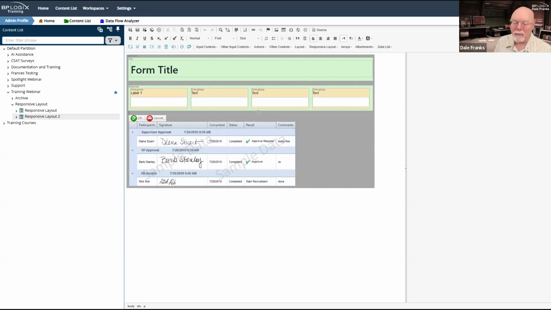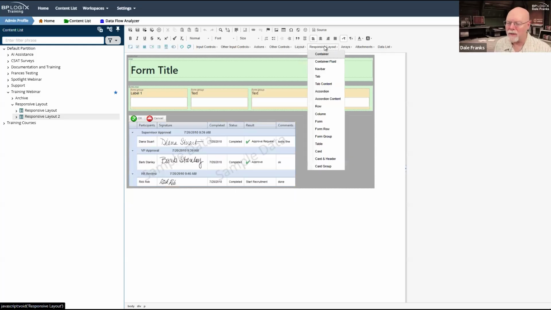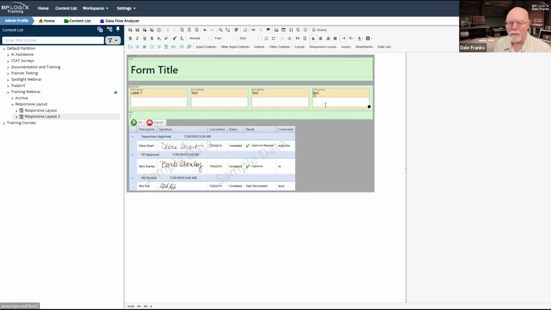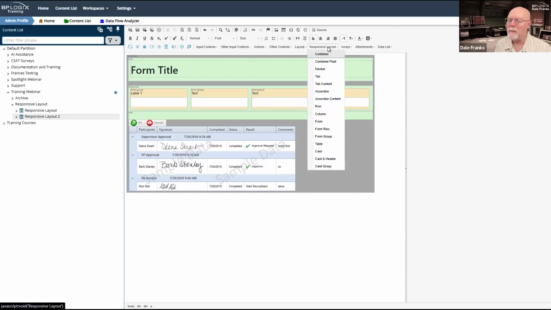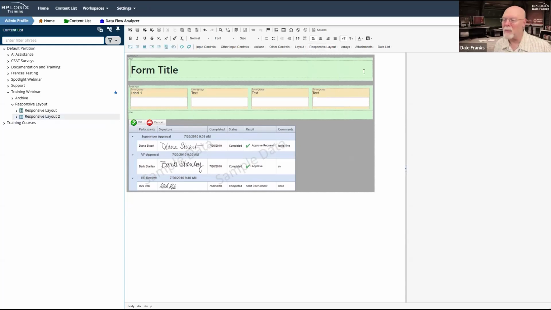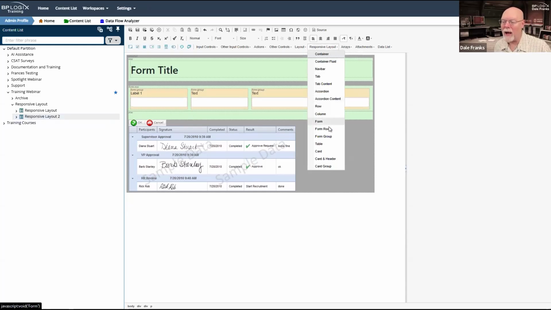What I would probably do, and there's a couple of different ways of doing this, and some of them will probably work fine, and some of them are probably simpler than what I'm going to do. But just thinking about it, the way that I would do this, most likely, would be to go to responsive layout and add a row. And then inside that row, I would add a single, am I inside the row? Yeah, just want to be sure where my cursor is. Inside that row, I'm going to want to add a single column.